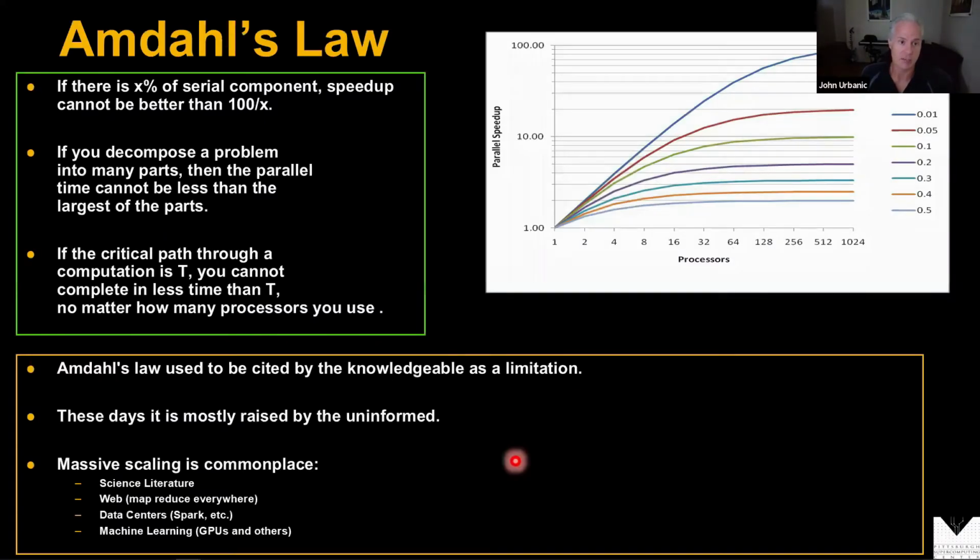If we just do the algebra of what section of your code is left behind and how much it slows things down, we get curves that look like this. If half of your code is serial, there's really no point in running on more than 4 or so processors. Things just don't speed up. In the real world, with the overhead of stuff, this curve will even start to tail off and slow things down. And we can see that even if 1% of our code is inherently serial, there's really no point in running on more than maybe 1,000 or so processors. So this is Amdahl's law.